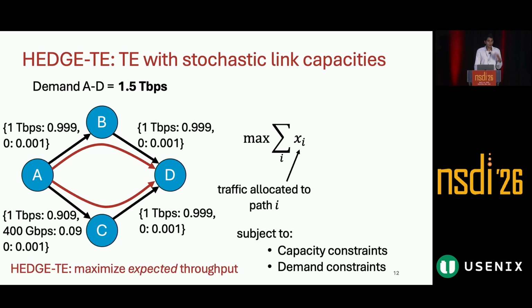So what we do instead is we run HEDGE, which is sort of trying to maximize the expected throughput of the network by penalizing by how much I might congest the network across different link capacity states. And a nice part of HEDGE is that we formulate it such that it grows linearly in the number of capacity states rather than in the number of network scenarios, which is actually an exponential function of the number of capacity states. And so here, the penalty is sort of how much I would congest the network in expectation.